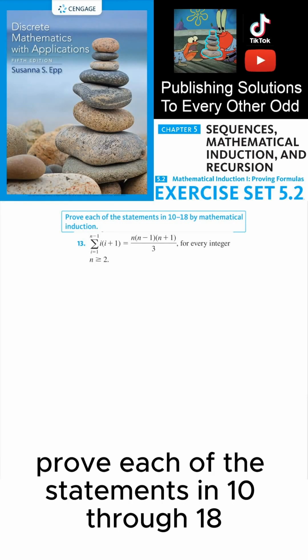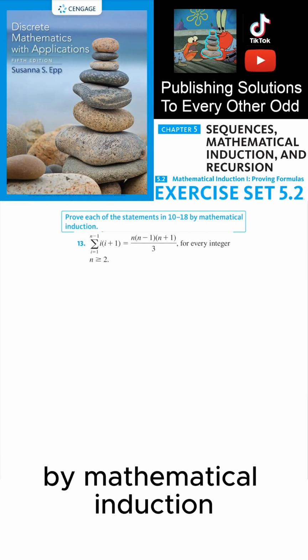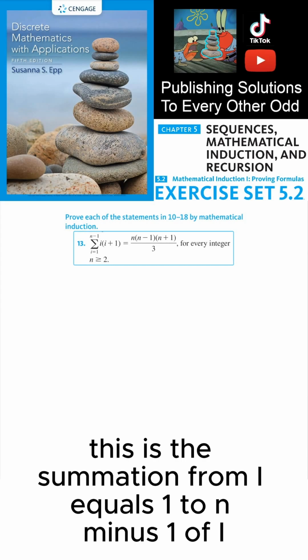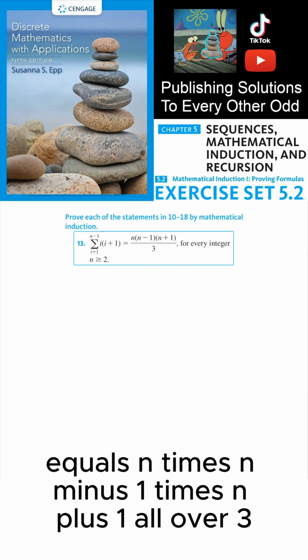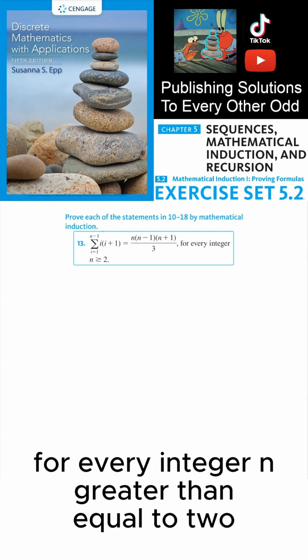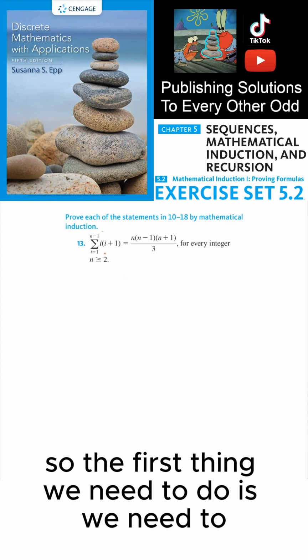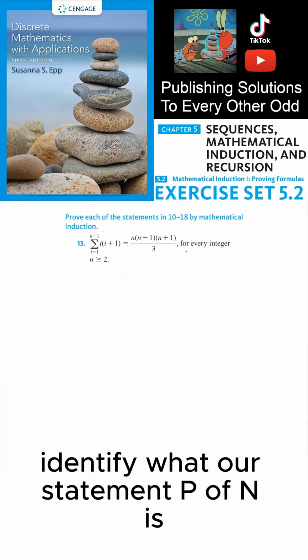Prove each of the statements in 10 through 18 by mathematical induction. This is the summation from i equals 1 to n minus 1 of i times (i plus 1) equals n times (n minus 1) times (n plus 1) all over 3, for every integer n greater than or equal to 2. So the first thing we need to do is identify what our statement P of n